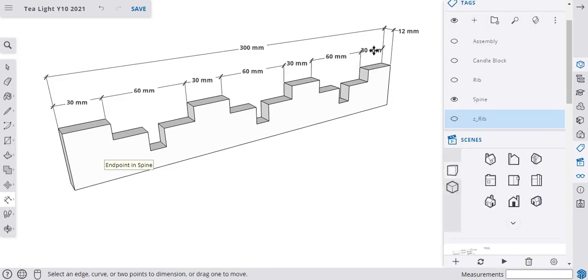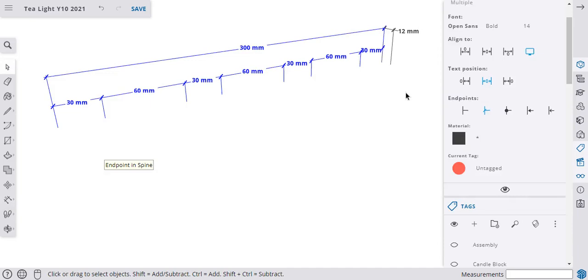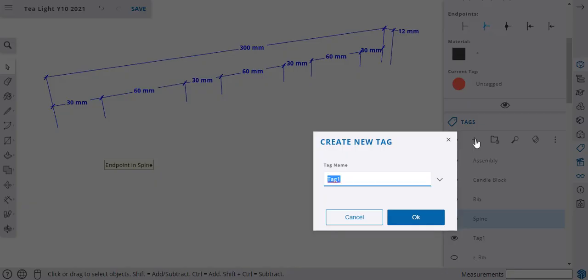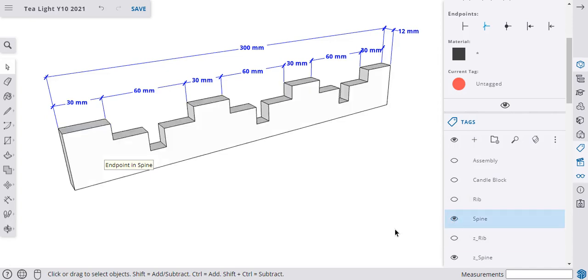There we go. So I'm going to take all of these dimensions across here. So I'm just going to make my spine invisible. I'm going to select all my dimensions. Let's do it that way, then they're all selected. I'm going to create a tag, which I'm going to call Z_spine, and I'm going to say OK. I'm going to turn my spine back on,